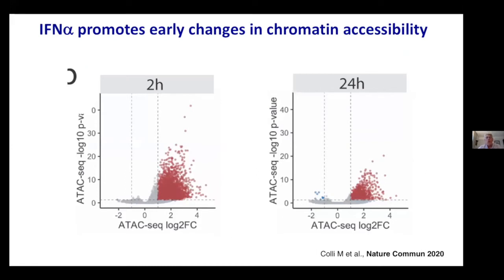So when we started to go a little bit deeper into the data, the first thing that struck us as really interesting was, when we looked at the ATAC-seq, how fast the chromatin opened. Indeed, there is much more opening of chromatin sites around 4,000 genes at 2 hours than at 24 hours, where there were around 1,200 genes. And this makes sense because type 1 interferon is an early response protein to a viral infection. So the cell really needs to react fast, and it makes sense that there is this massive early change in